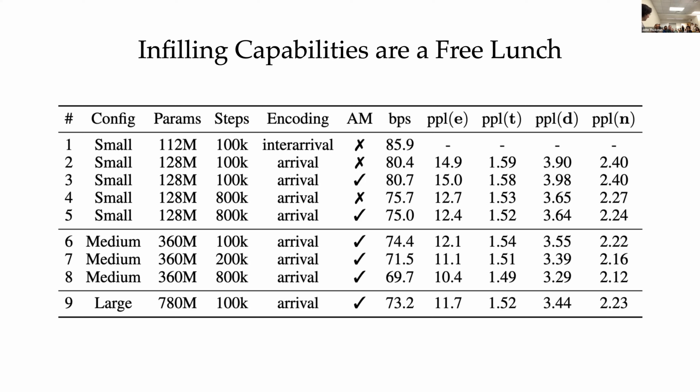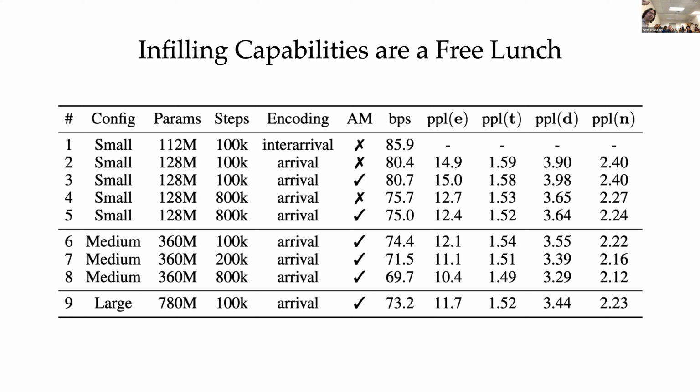Is this going to help me in the sense that I'm data constrained and maybe this is useful data augmentation? Is it going to hurt me in the sense that I have a limited capacity model and now I'm asking it to solve many different kinds of problems, and maybe I'll suffer at the unconditional modeling task? So what we're going to look at here, in this massive table of numbers, is log losses of the model.